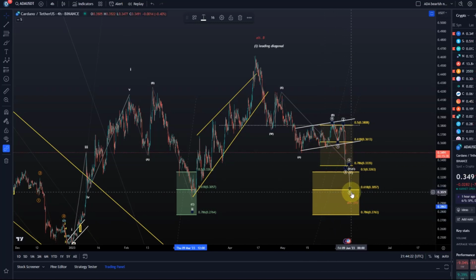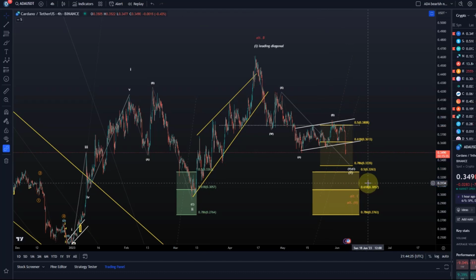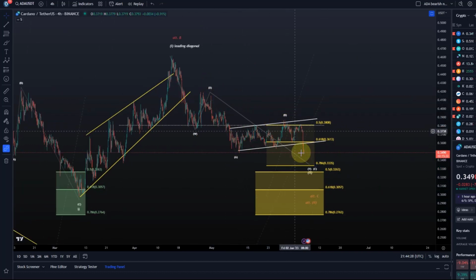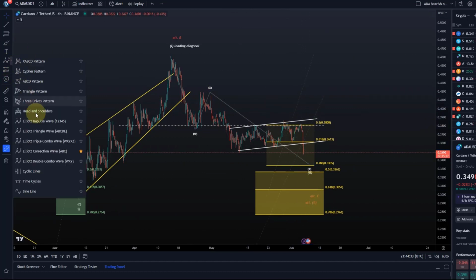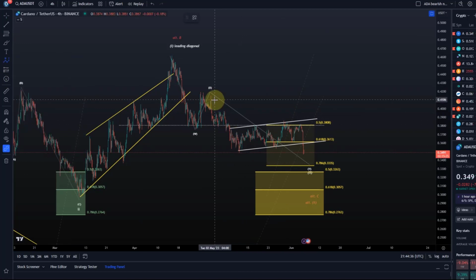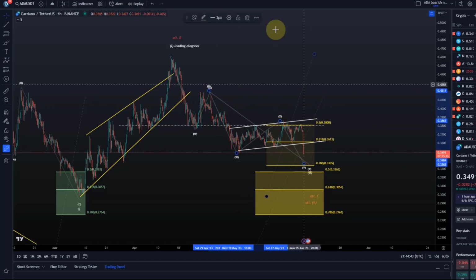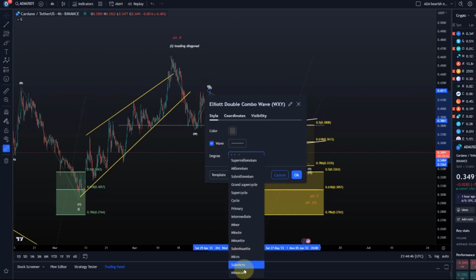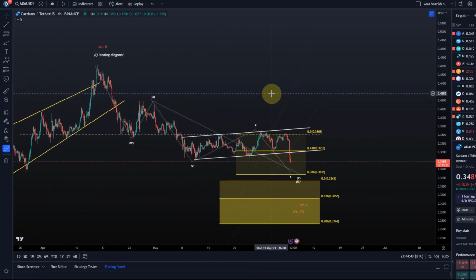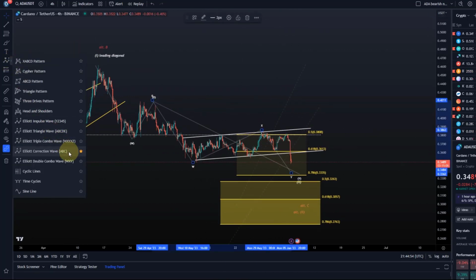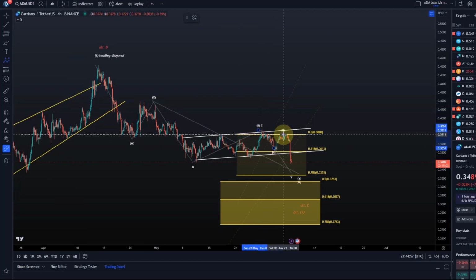The other potential in the short term that I wanted to talk about is, what if this is not an A, B, C, but instead we have a WXY structure in the Y wave? I know that it's getting quite messy now, but it is a messy market at the moment. There was just a dog in case you heard him. The idea would be wave W, wave X, wave Y, off wave Y. And by the way, I have to change the wave degree, otherwise it gets a bit messy here. So WXY in the Y wave, and then what we have here is an A wave, a B wave, and a C wave, and that could be it.